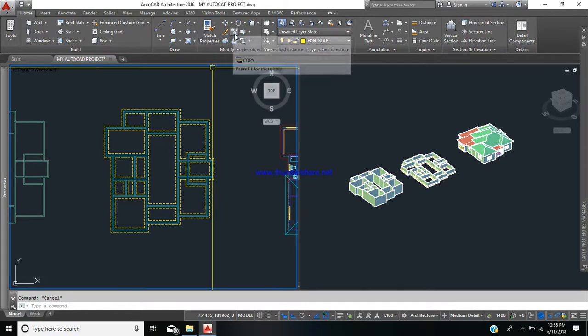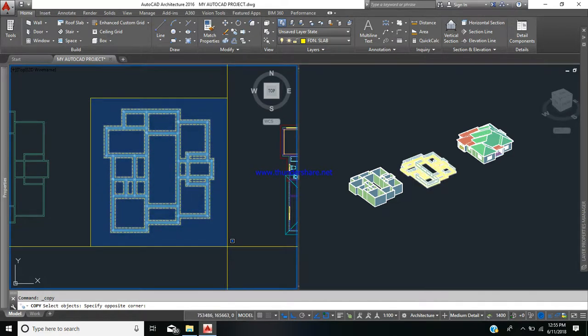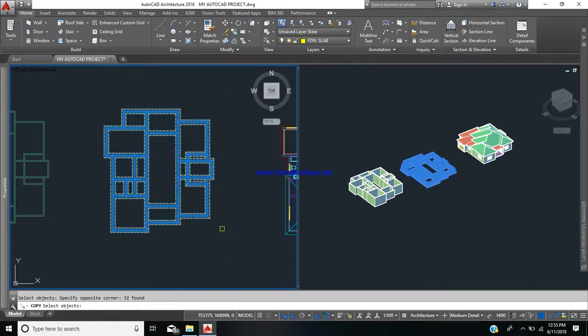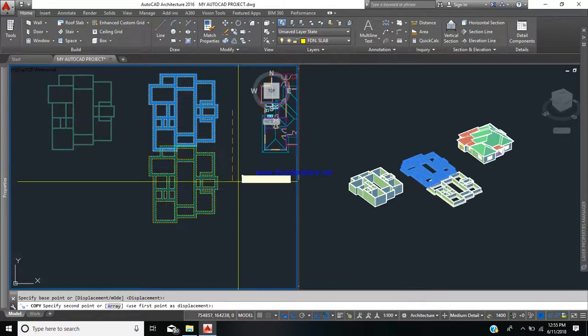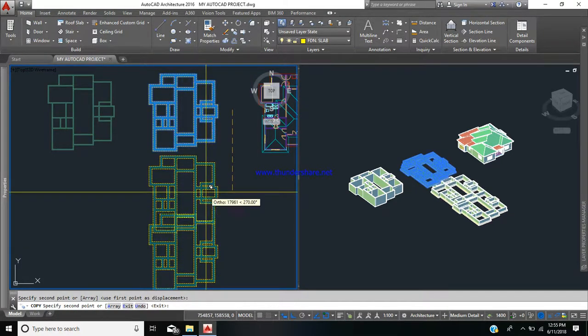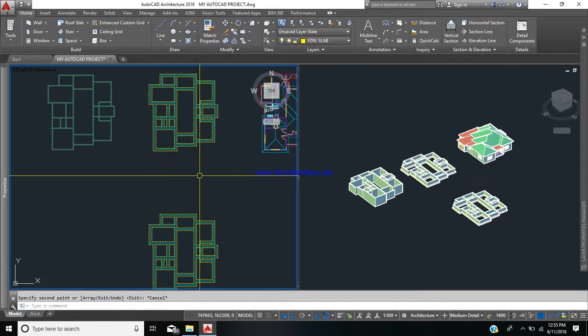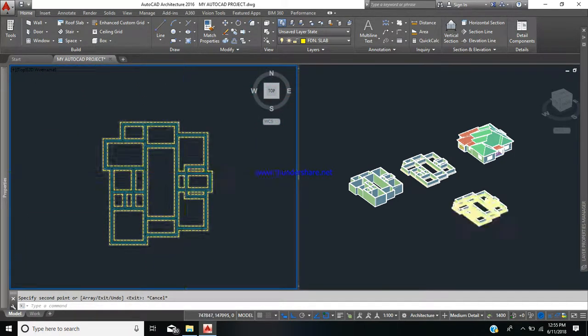So let us make a copy of the 3D. So let us encompass the entire drawing. Give an enter, and let's copy this downwards to perhaps this area here. Let's give an escape, and let us bring our copy into focus. Alright,